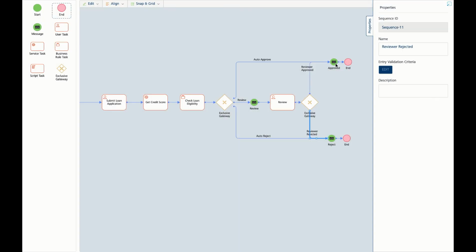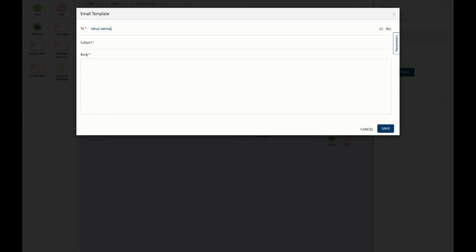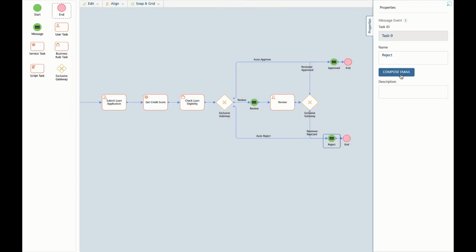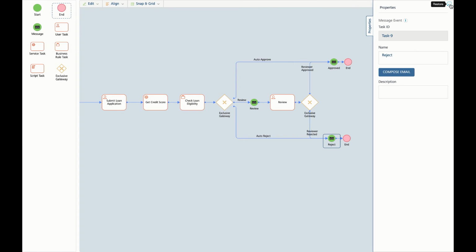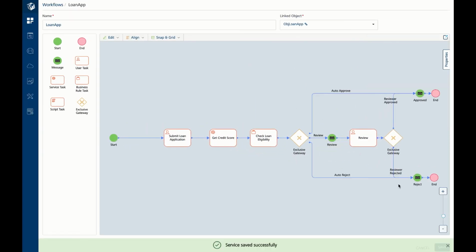In case the application is approved, we will send an email to the user stating that the loan application has been approved. You can also pass additional information like rate and tenure of the loan. We will send a similar email in case the application got rejected. And we will save the workflow.